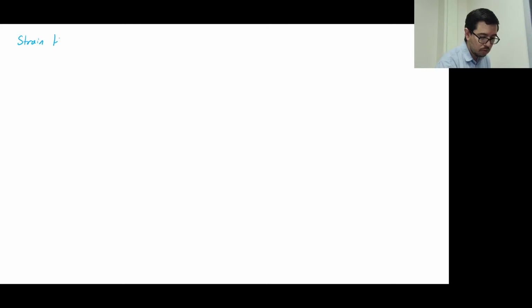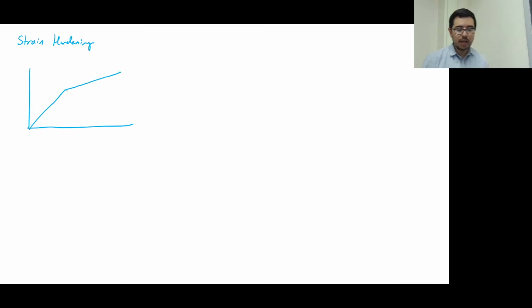Strain hardening is actually related to what we were talking about with being able to apply a load like a shot peening with the balls, or being able to deform the outer surfaces of materials to make them stronger. What happens in strain hardening is this. You go up, and let's say we're using our linear elastic, linearly plastic model. You hit the yield strength,